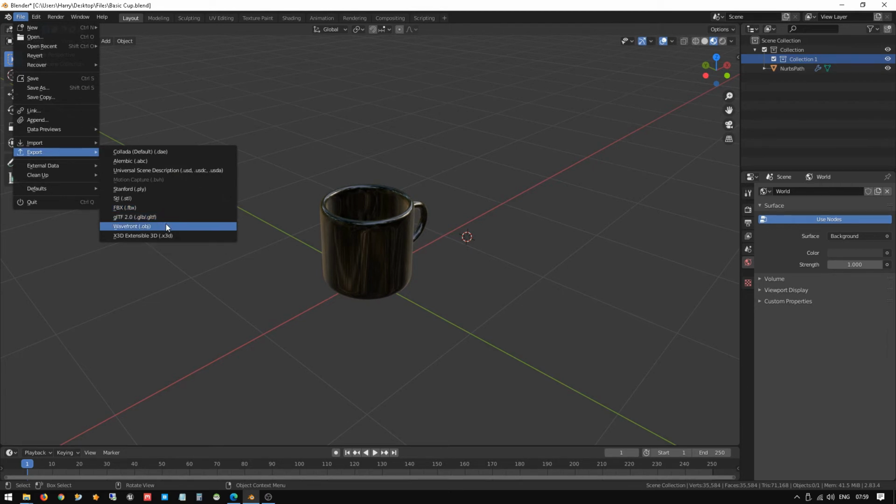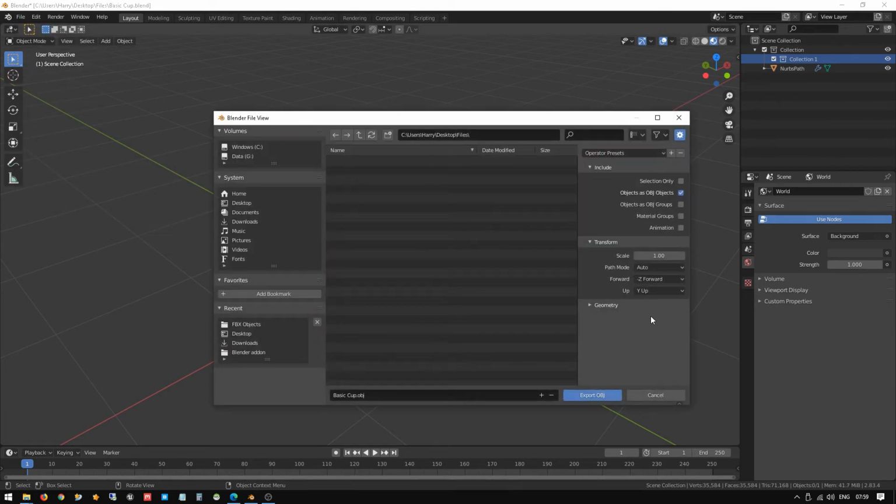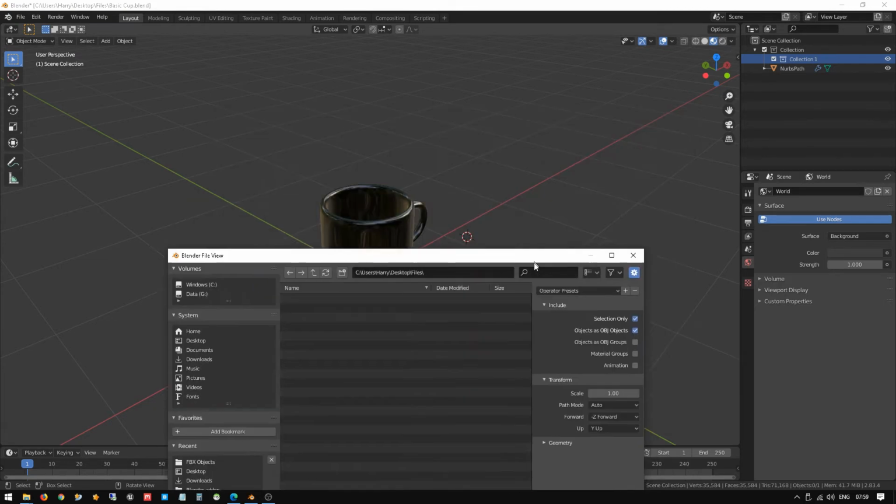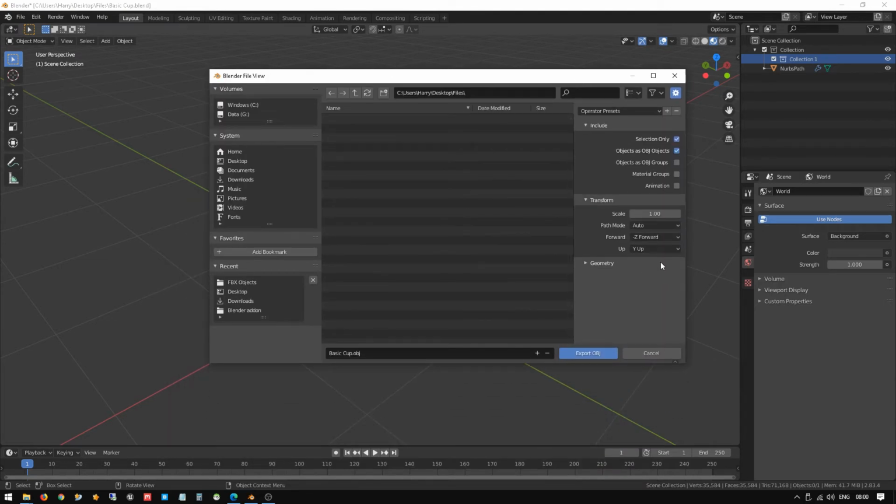Then we are going to export one more format, which is OBJ. Here we can select selected only. Here you can make it again Z up and minus X forward. Okay, let it be the same.